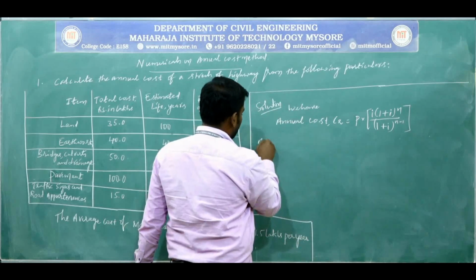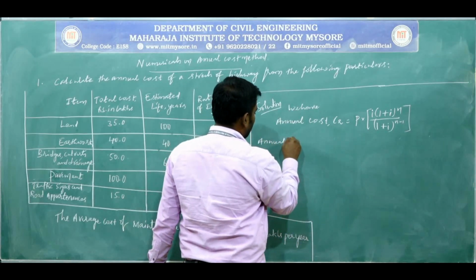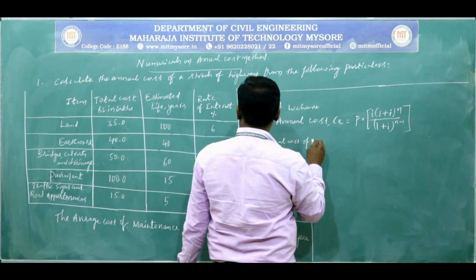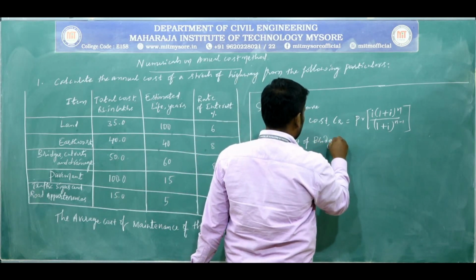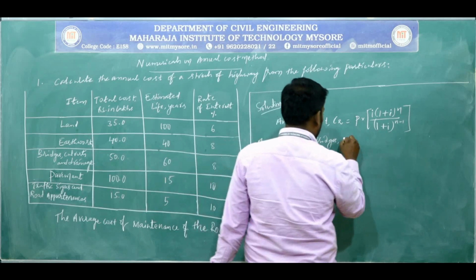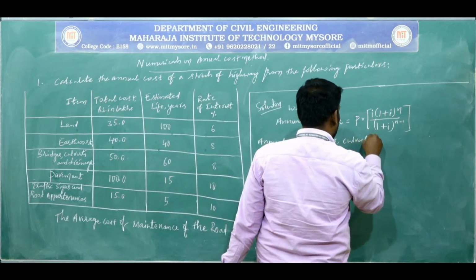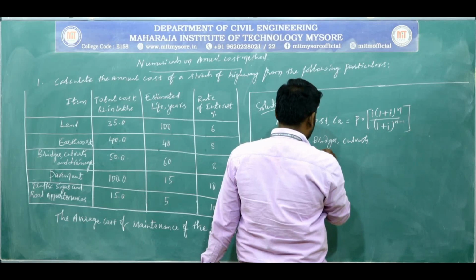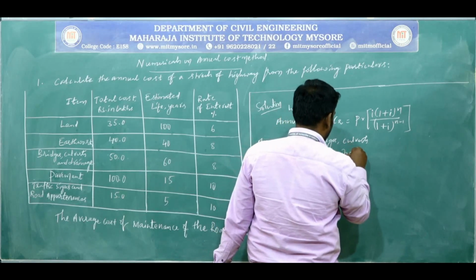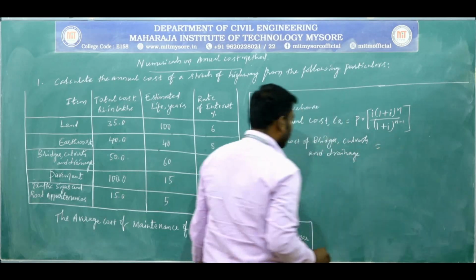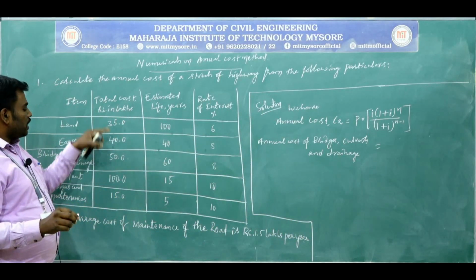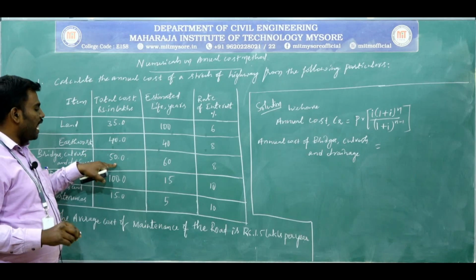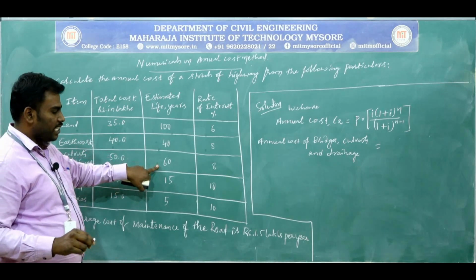Next is the annual cost of bridges, culverts and drainage, equal to CO. For the bridges, culverts and drainage, the investment cost P is equal to 50 lakhs, estimated life is 60 years